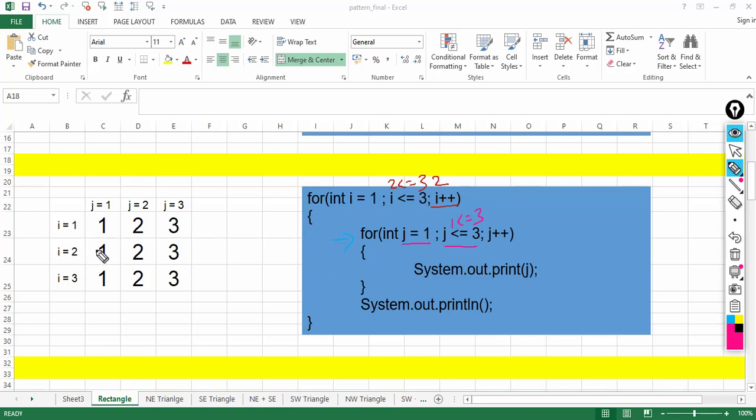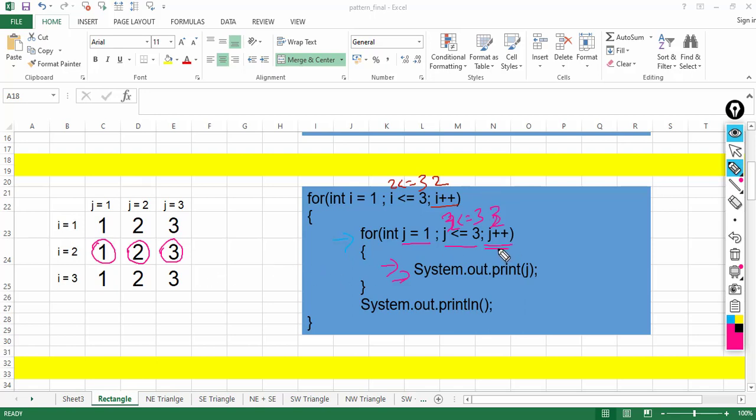So this time we'll print 1. Now j will become 2, so condition becomes 2 less than equal to 3, control comes inside and 2 will be printed. Then control will come to the update part, j will become 3, condition becomes 3 less than equal to 3, control comes inside and the value of j is printed, which is 3.